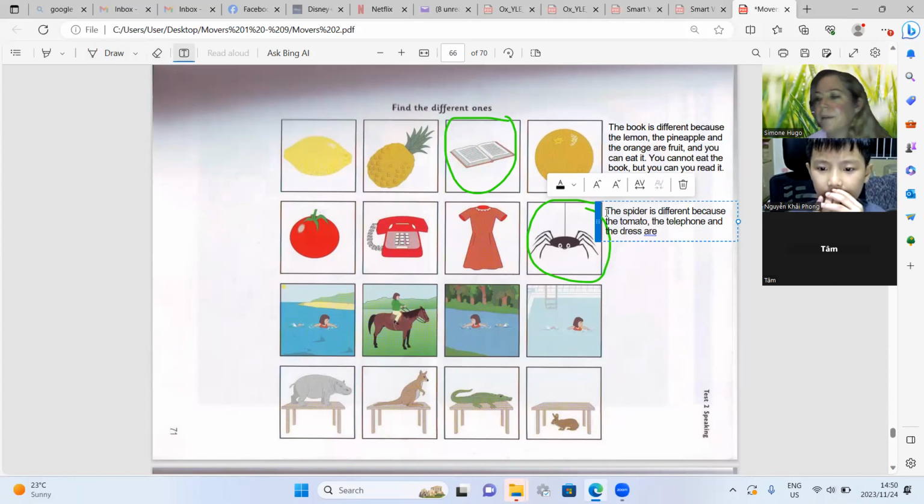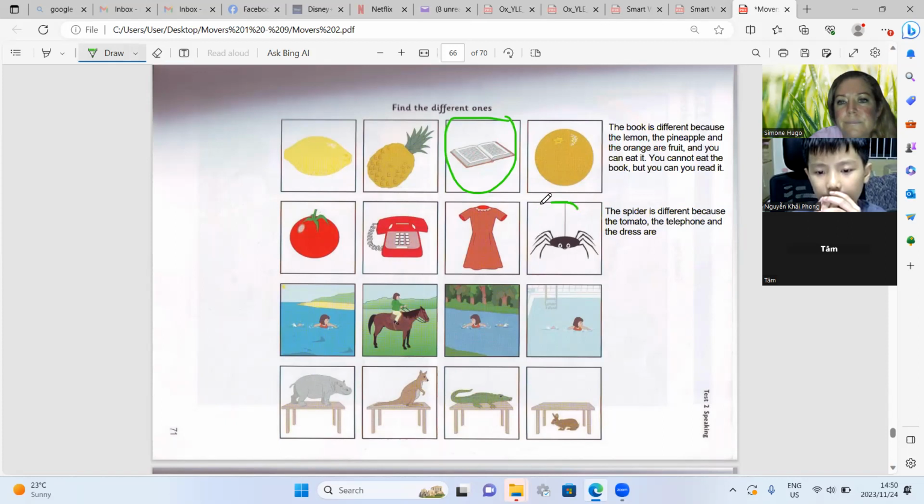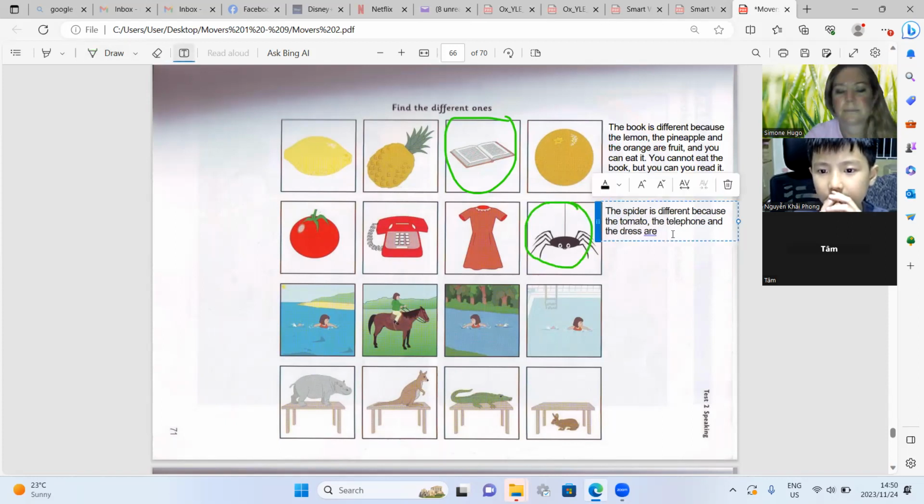What color are they? Red. But the spider is black.